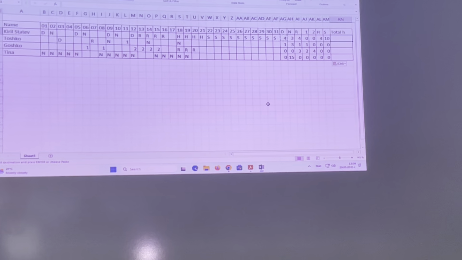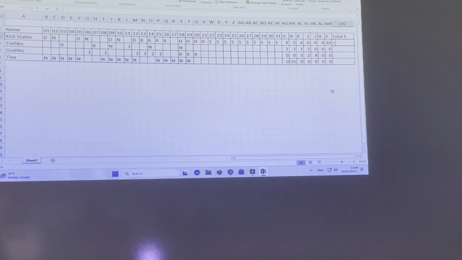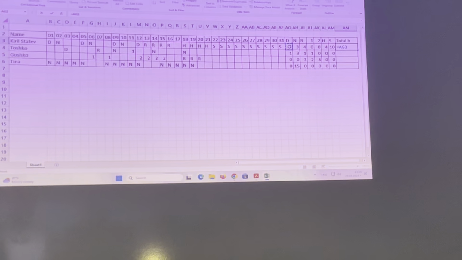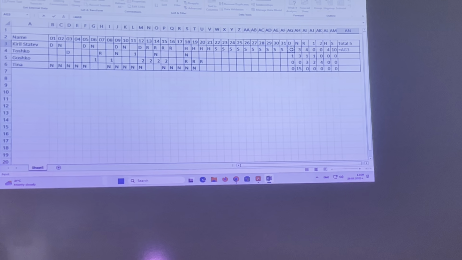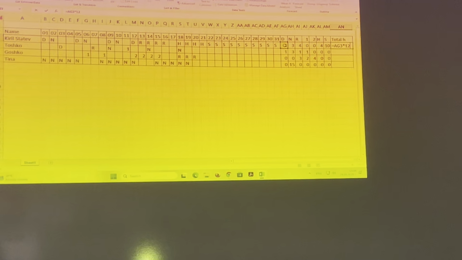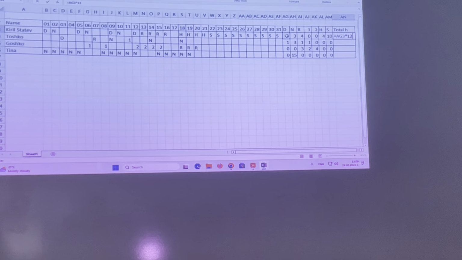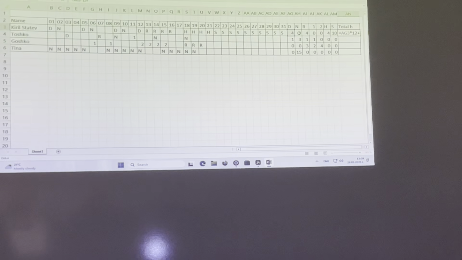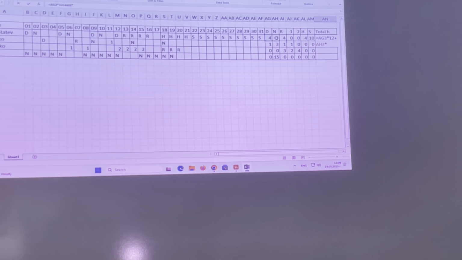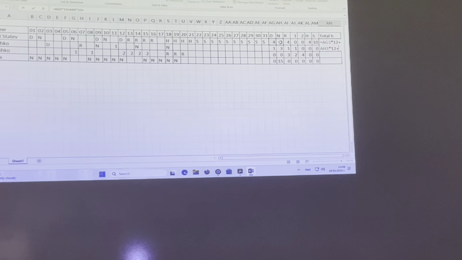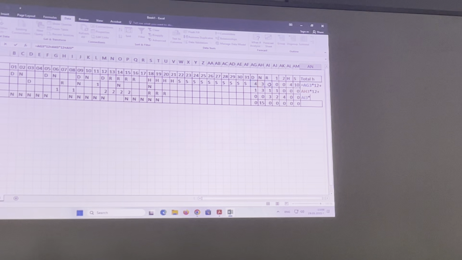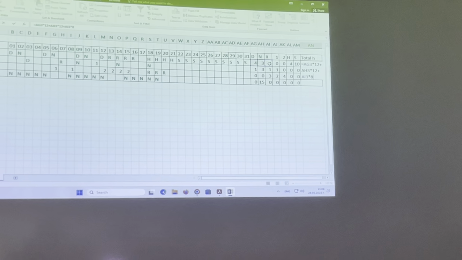So, to apply this, we start typing the formula. It equals the number of the day shifts, you click on the cell where you get the number, multiplied by the duration of the day shift, which is 12 hours. We already know that. Plus the number of the night shifts multiplied by the duration of the night shifts, which again is 12 hours, plus the number of the regular shifts multiplied by the duration, which is 8 hours exactly,